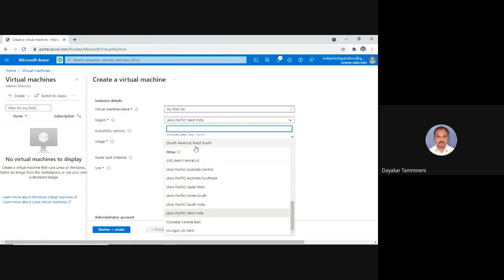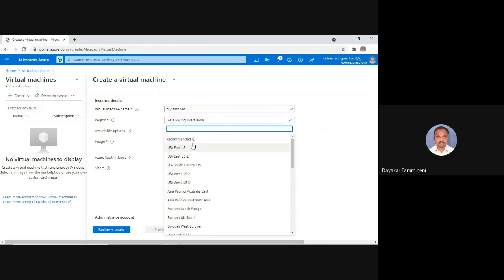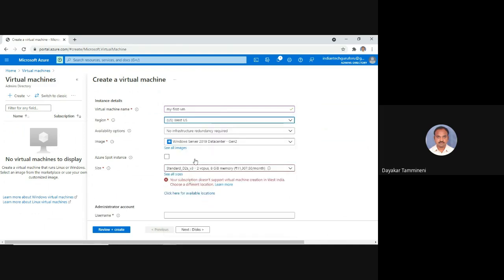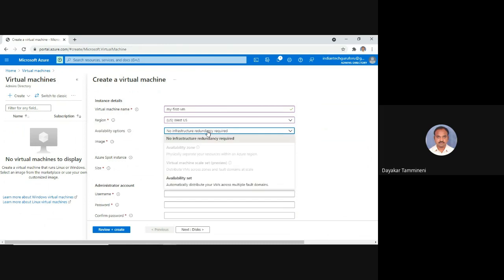So now I'm going to select West US. And here there is one option known as availability options, and no infrastructure redundancy is required. Just click on that.